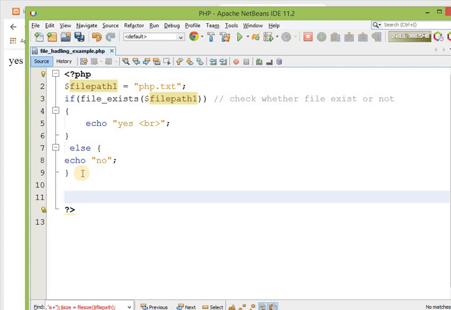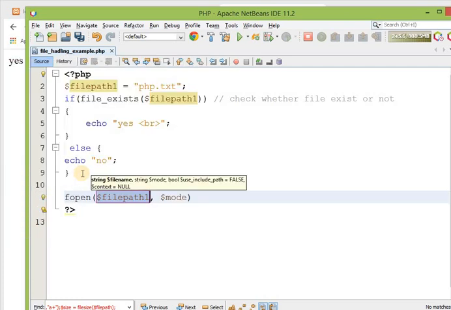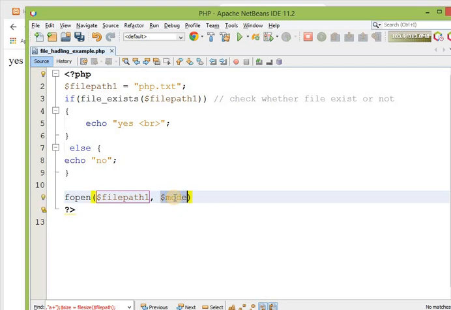Before reading I have to open this particular file, so the name of the function is fopen. Now over here you can see that there are two arguments. This is a string file name, and the file path is stored in file path 1, so it's okay. Now for the mode, let me first of all set it as read only.